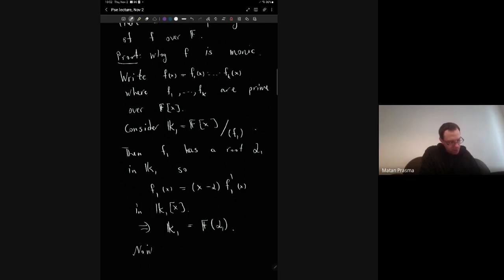Now, if f1 prime(x) splits over K1, fine. Maybe if it doesn't split over K1,